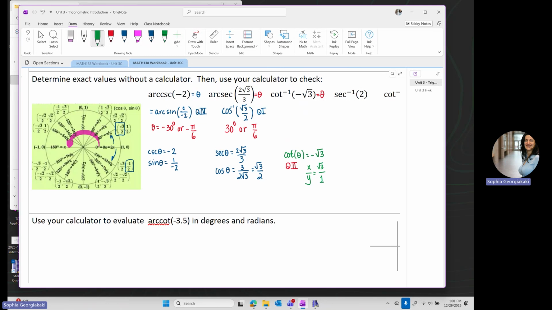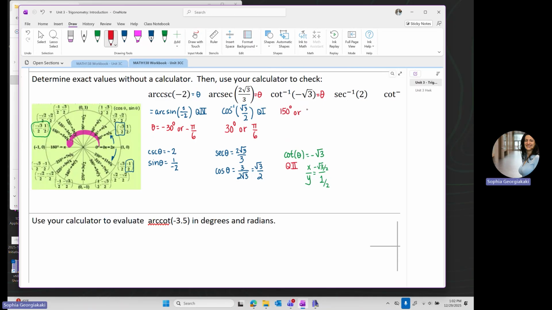And one of them is positive and the other is negative. Now in quadrant 2, x is negative and y is positive. So I'm looking for a negative square root of 3 divided by 2 for the cosine and a 1 over 2 for the sine. So I'm looking for this angle right here. This angle is 150 degrees